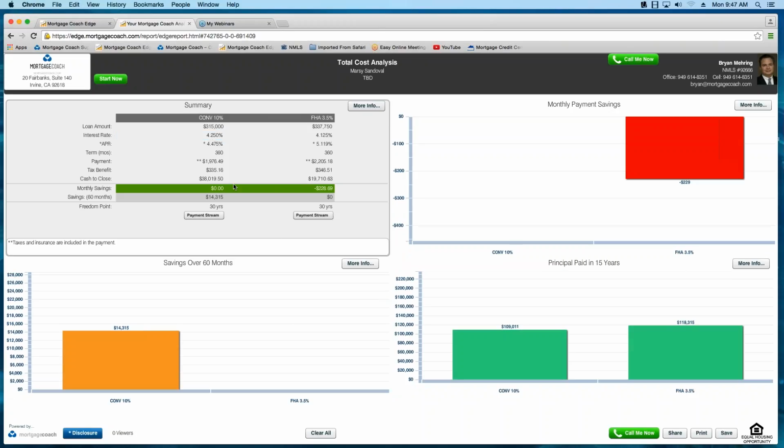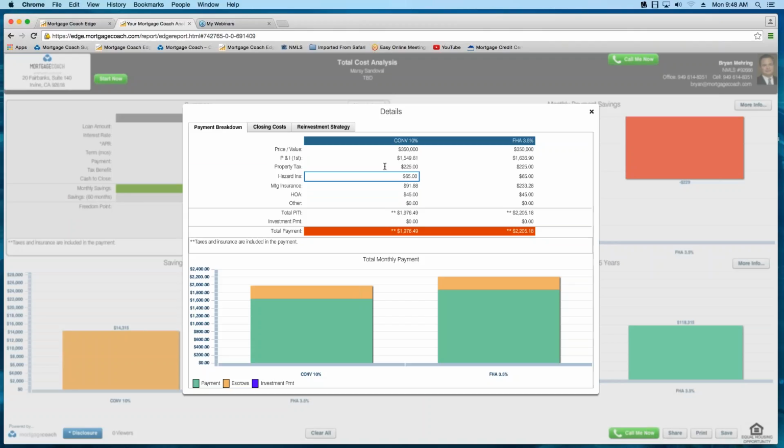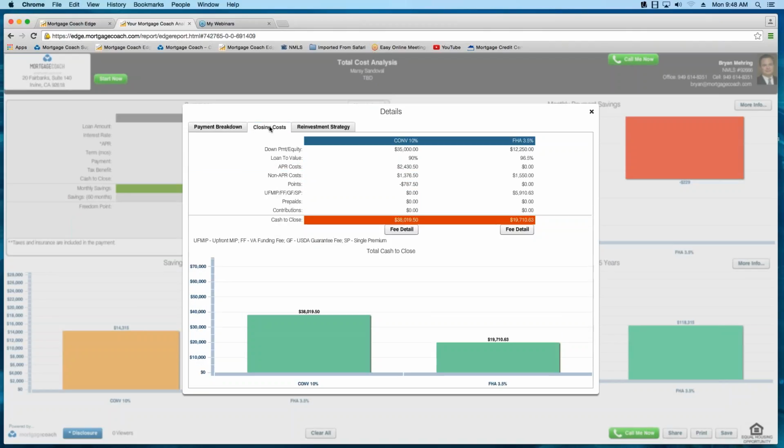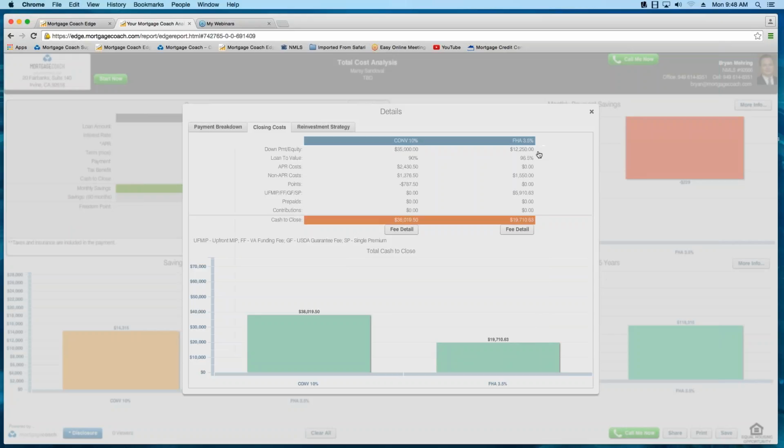You can see up here the summary section, monthly payments, savings over 60 months, and, excuse me, the 15-year long-term analysis in the bottom right quadrant here. If your borrower wants to find, say, the closing costs that are associated with it, or how the payment's broken down, all they'd have to do is click on that more info. There's a closing cost. If they want to see a line itemization of the costs, they'd click on the fee detail, and it breaks it down for each of the specific